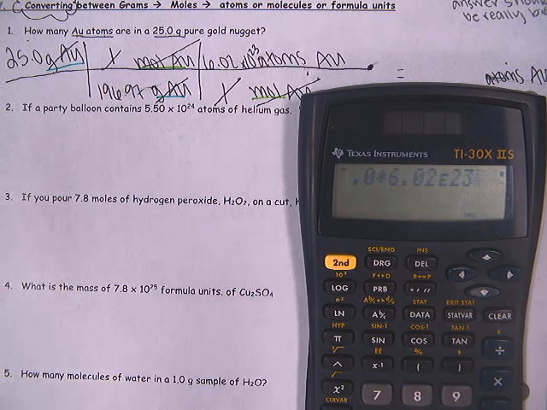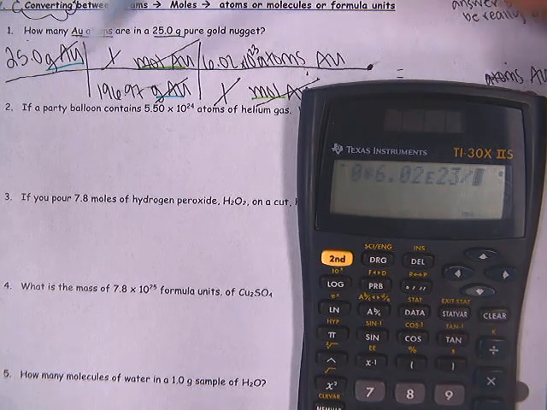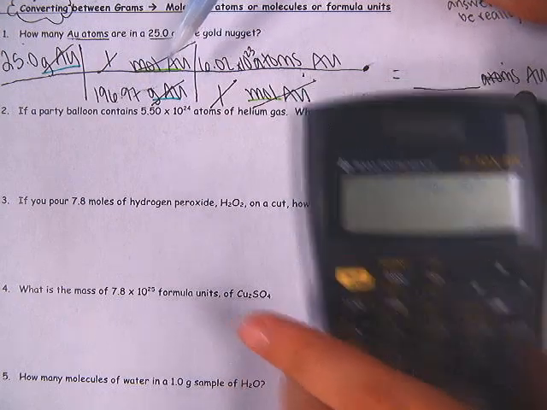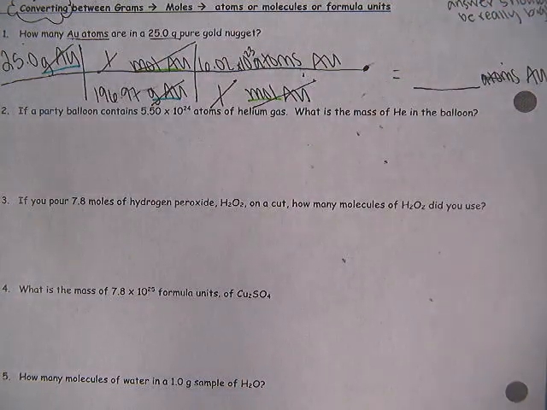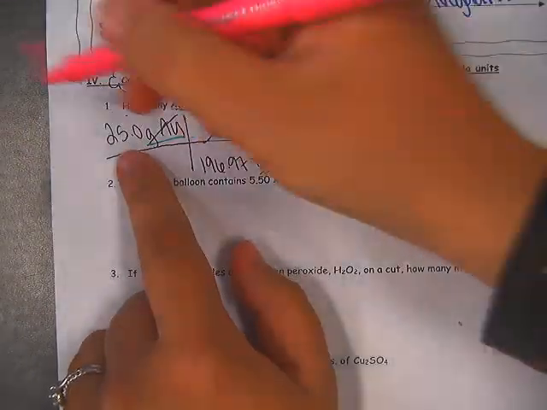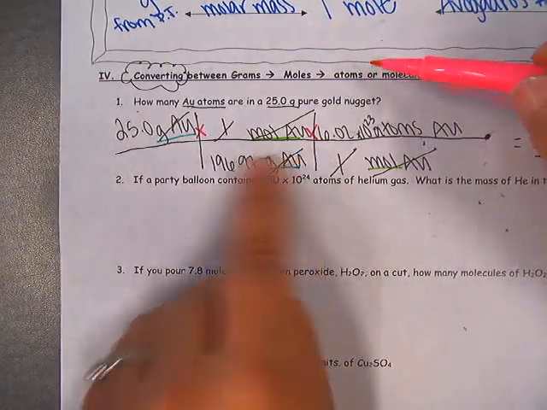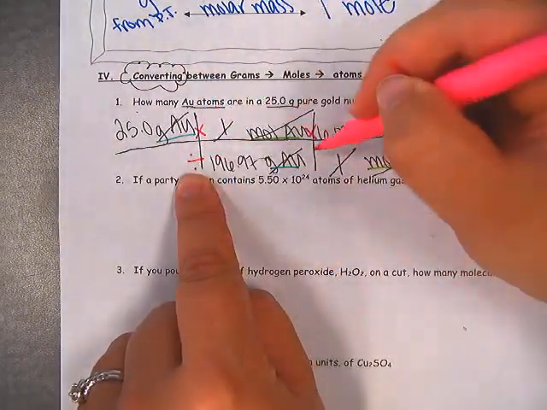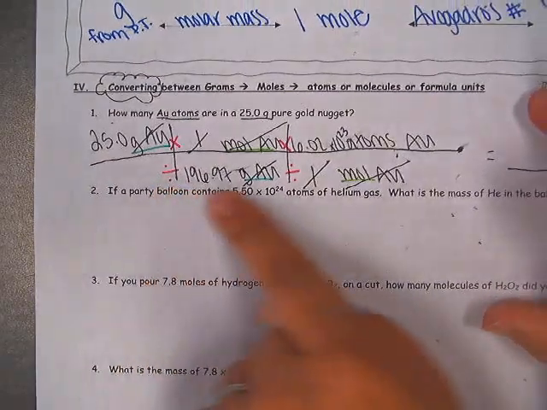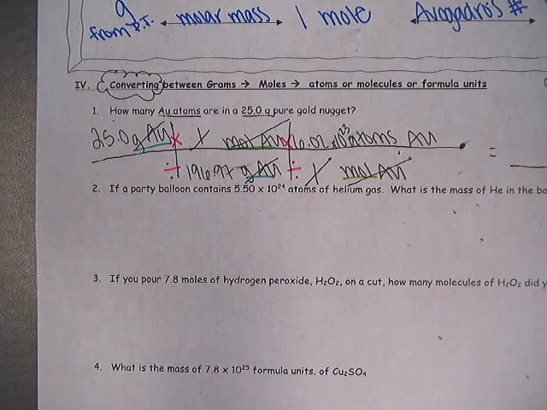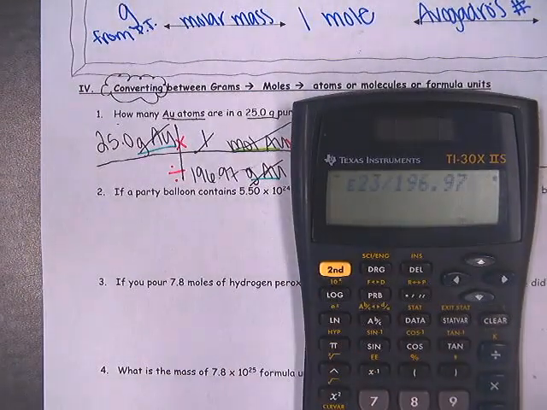So 6.02 E23 is exactly what should show up on your screen. Do not type the multiply button. Do not use the caret button. We're not going to press that at all in this entire class. And then you'll divide that by everything that's on bottom. So 196.97. I kind of skipped over the functions in here, so just in case you forgot, on the top, every single time you cross a vertical line, you are multiplying. And on the bottom, every single time you cross a vertical line, you are dividing. So sometimes we'll have problems with a whole lot of numbers in here. Multiply everything on top, divide everything on bottom. So that's what I typed into my calculator. And then when I hit enter,